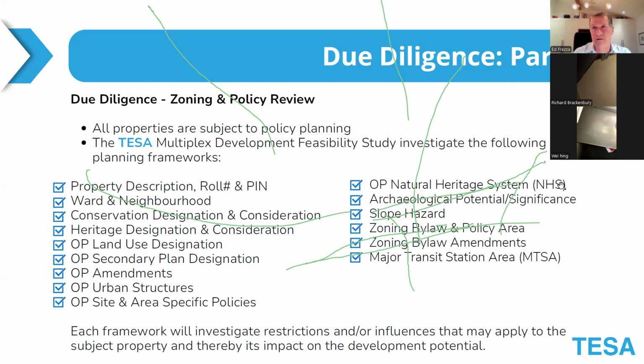Most of you are familiar that Doug Ford with Bill 23 said, hey, all the single family homes in Ontario now, you can build a triplex. In 416, you can build a 4plex. In these 9 specific wards, you can go straight to a 6plex. And if you're within 500 meters of an MTSA, a major transit station area, which we'll talk about later, you can go to even greater numbers. And hence, that's one of the reasons why on this site that we're going to present to you tonight, we can go to 16 units.